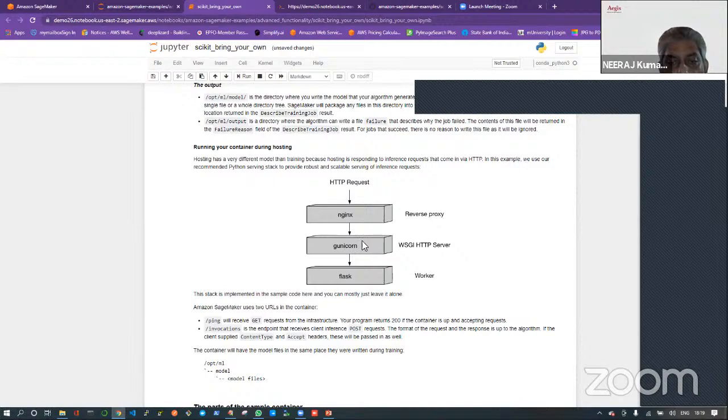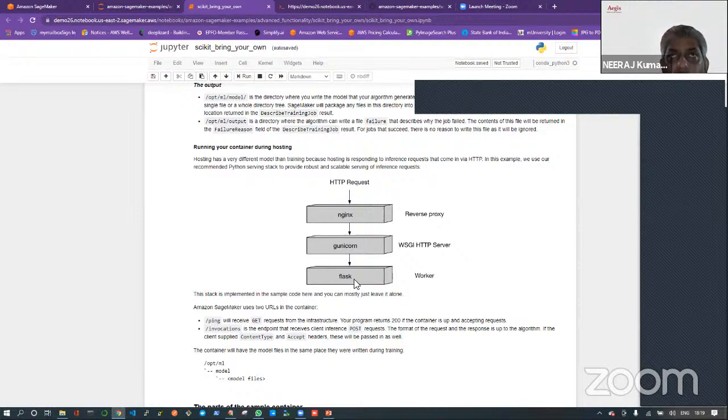Then we have Gunicorn. This is an HTTP server on which my web application, the Flask application, will run. As you might be aware, for running any web application you need a web server, and Flask is a Python framework to create web applications.